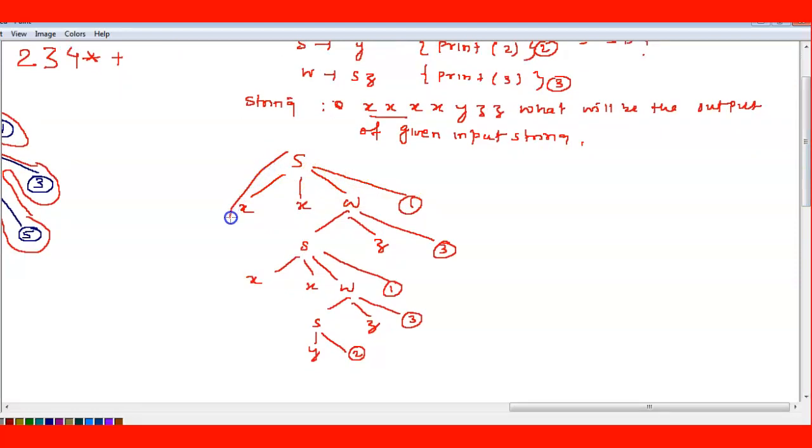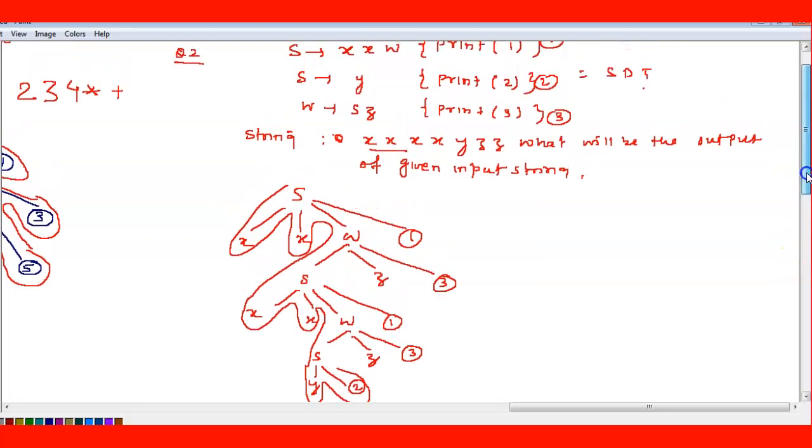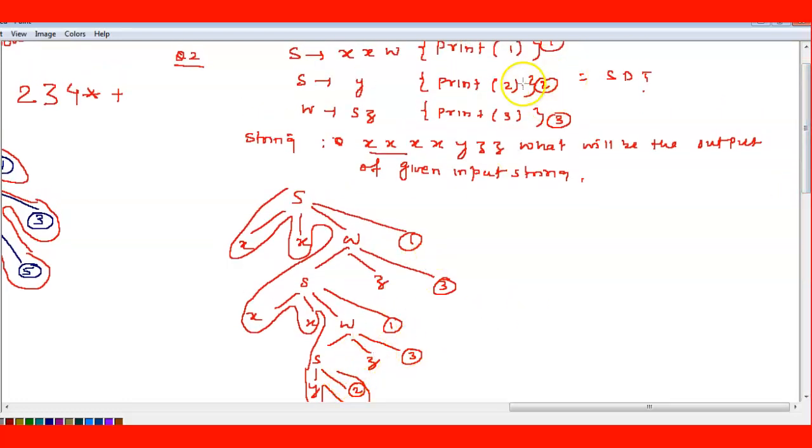Here there are no reductions. Here there is a reduction for a rule, so go to the corresponding grammar, find the rule, and perform the action. What are they performing here? Print 2, so we print 2.